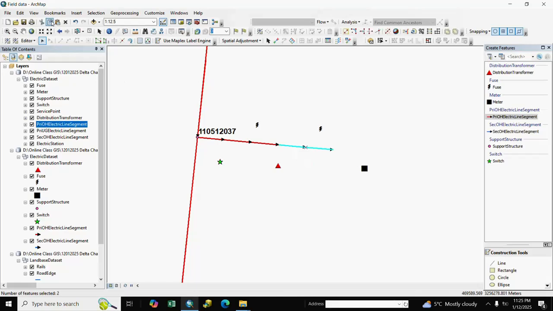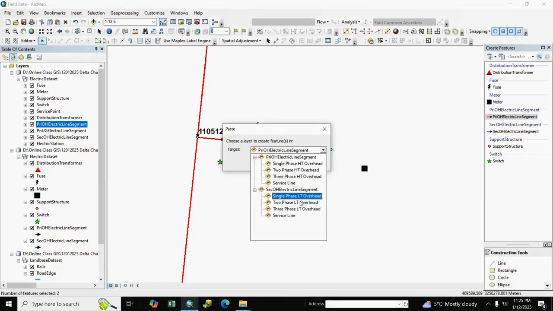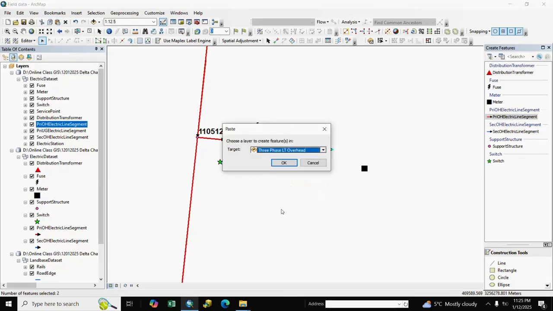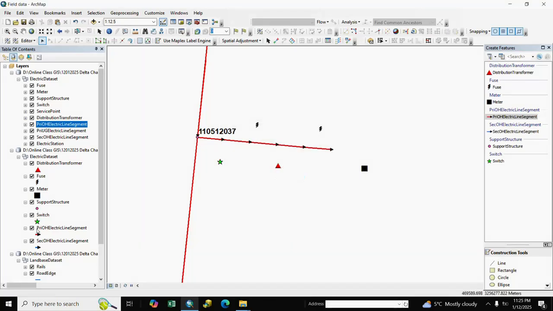We select it, copy and paste in secondary OH. We paste. After paste, we delete the primary OH last part. Here is our line, it is complete, and we